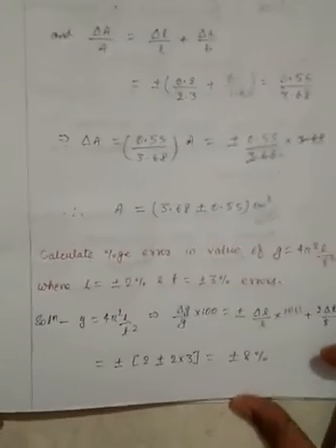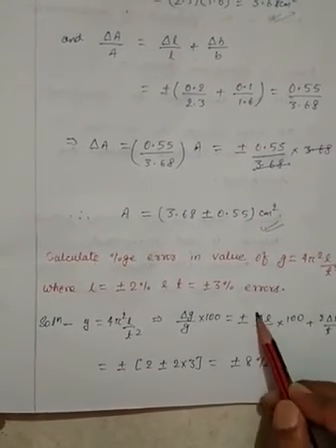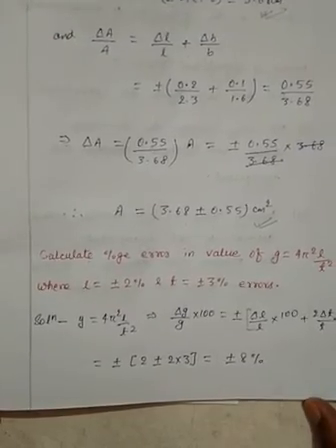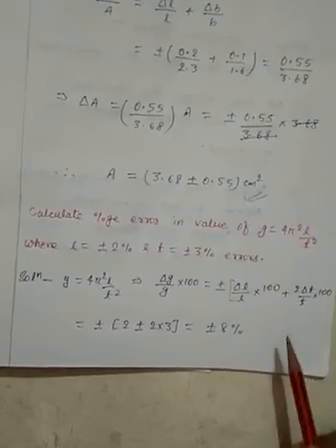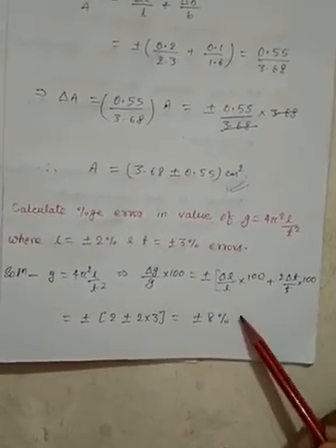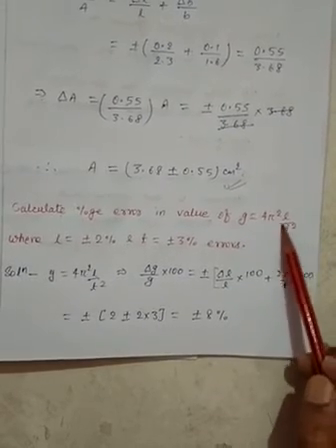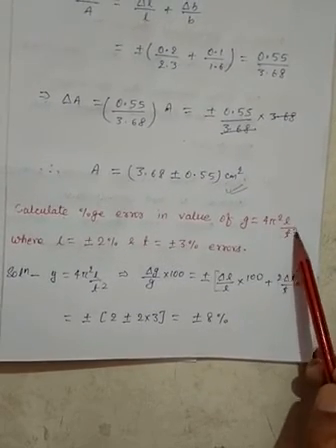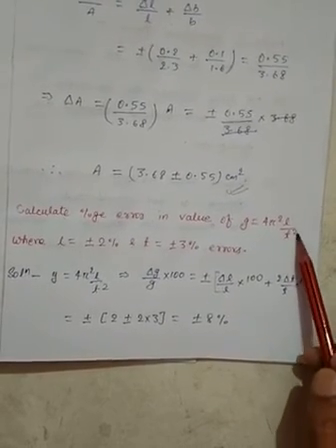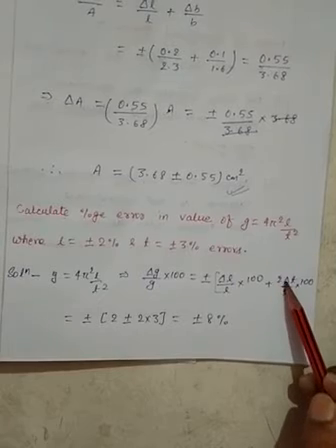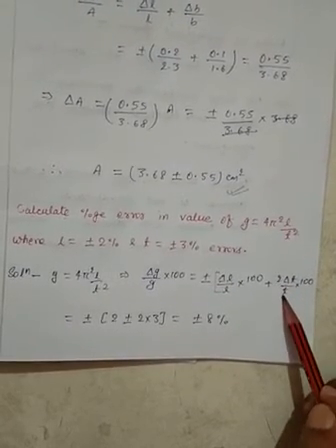So, what are we getting here? We are getting plus minus, it could be even outside, okay. Delta L by L, look at here, delta L by L multiplied by 100 plus, as I said, remember, whatever be the power on the base quantity, it will simply be multiplied as a coefficient in the relative error. So, T to the power 2, we are simply multiplying 2 into delta T by T. So, this was the theory, 2 into delta T by T into 100.